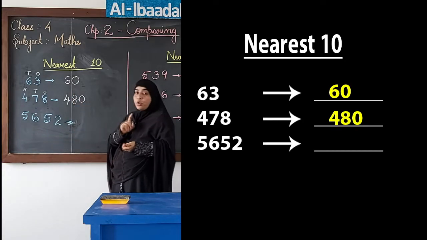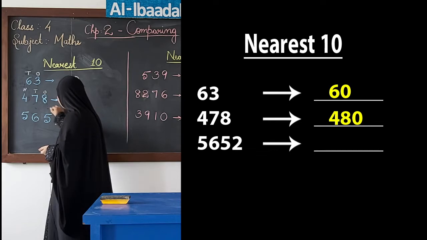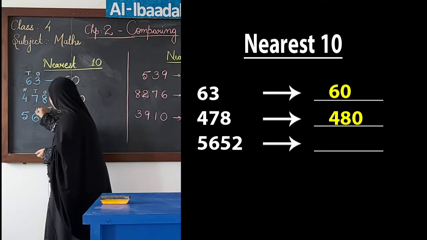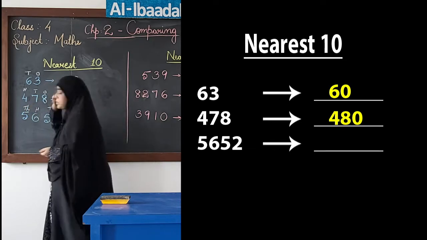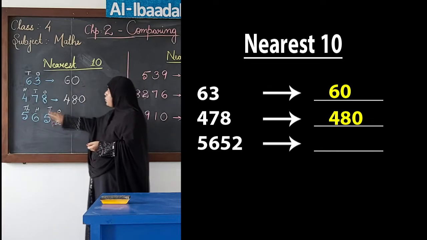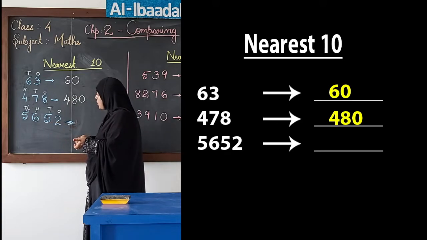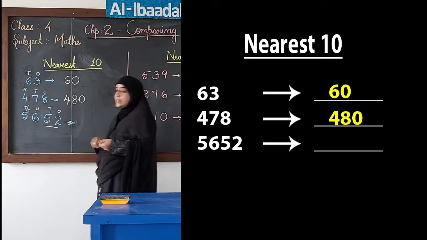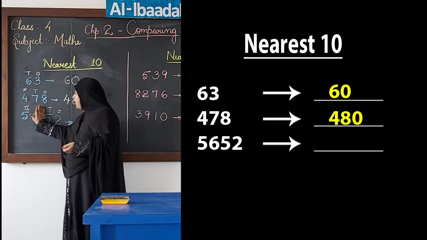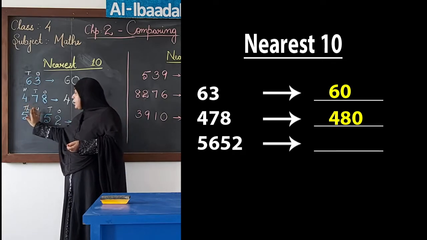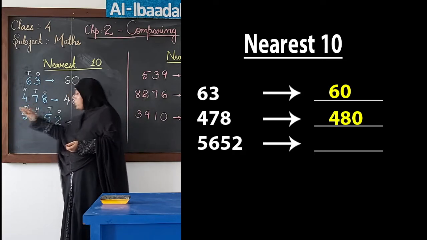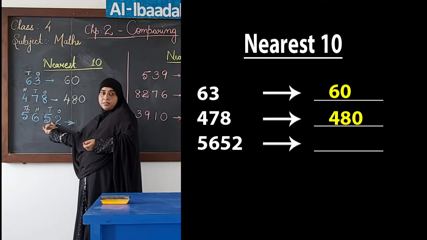Okay. Now same way we will try to do our next number. Here we have 4 digits: ones, tens, hundreds and thousands. Again we are going to round this number to nearest 10. So we have to only look at these 2 digits. We are not going to touch these 2 digits, they will remain as they are. Only the changes will come here.